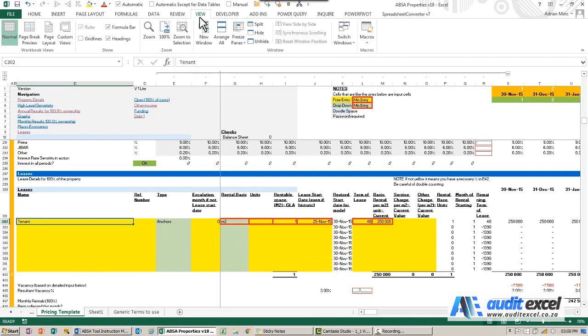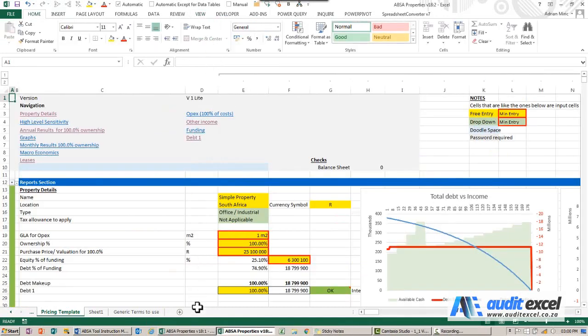So if I go to view, you'll see there's an option here called new window. Before I click it, just notice I've only got one spreadsheet open here. When I say new window, it looks like there's suddenly two spreadsheets. But if you look carefully at the name, you'll see they've got the same name, just with :1 and :2. This is because this is the exact same spreadsheet, just two different views of it.